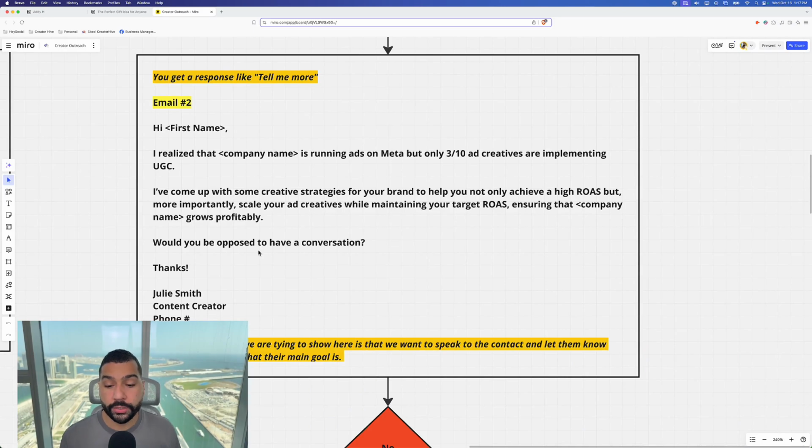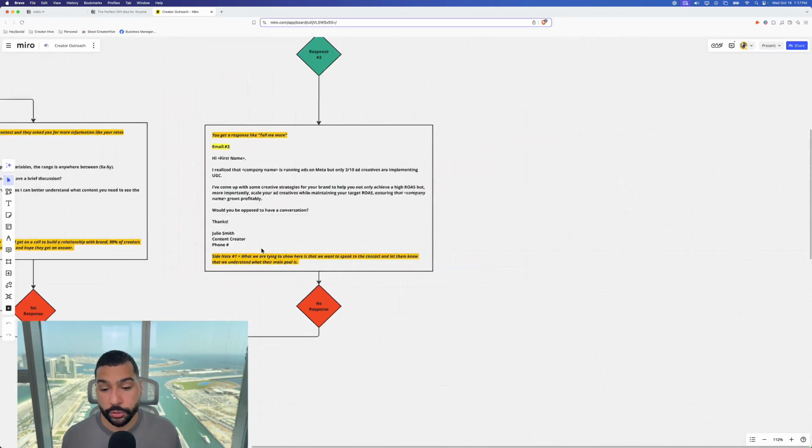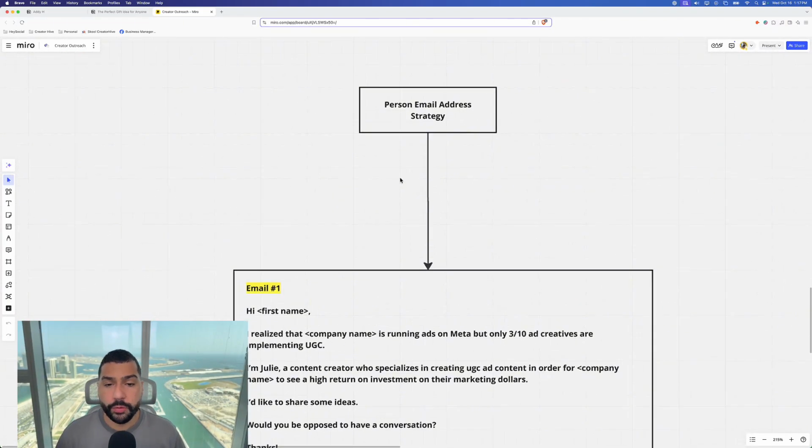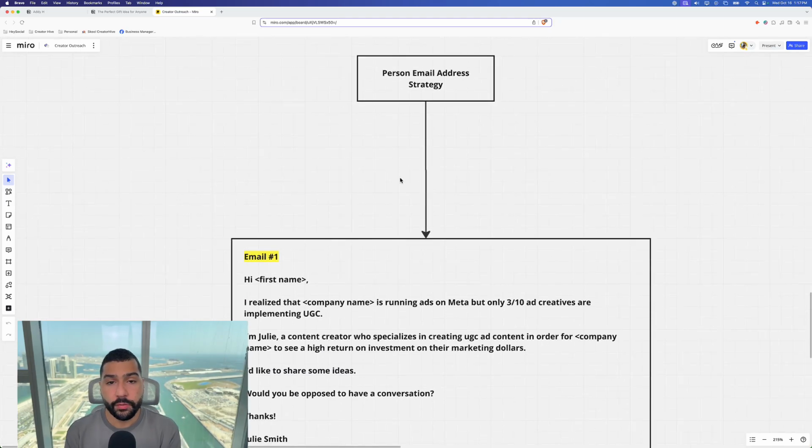Now, what we're trying to do here is we want to speak with the person in charge, maybe the contact, and we want to get on a brief 15 to 30 minute call. And if they don't respond, you will obviously send them follow-up emails. And if they do respond, you could send your calendar link. Now, if you actually have the person's email,